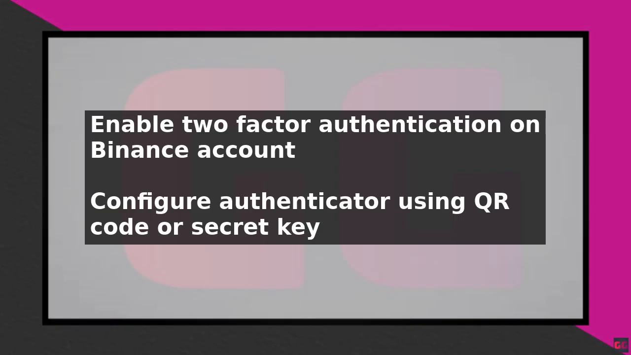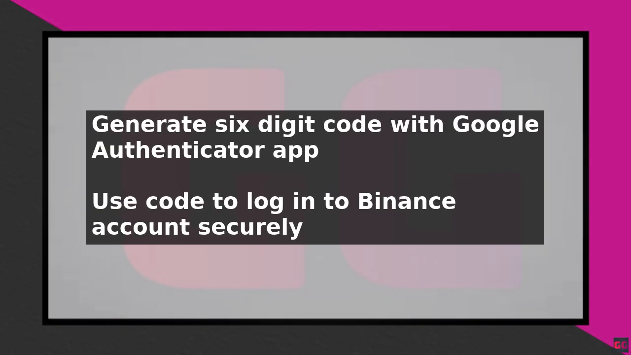After configuring the authenticator, the Google Authenticator app will start generating a 6-digit code that changes every 30 seconds. This code is required to log in to your Binance account, along with your username and password. To log in, enter your username and password as usual, and then enter the 6-digit code generated by the Google